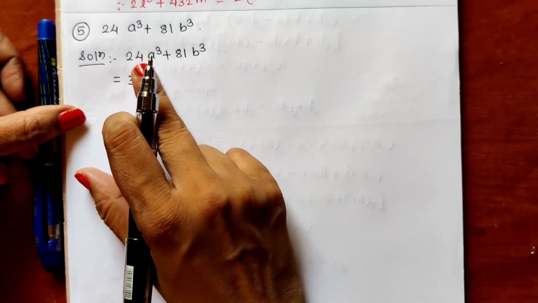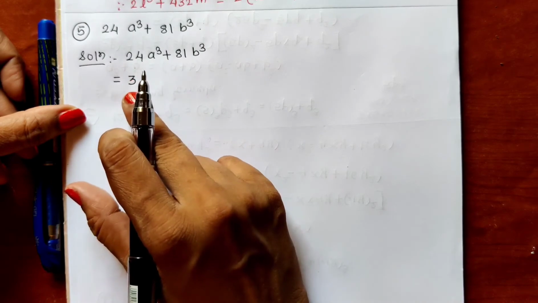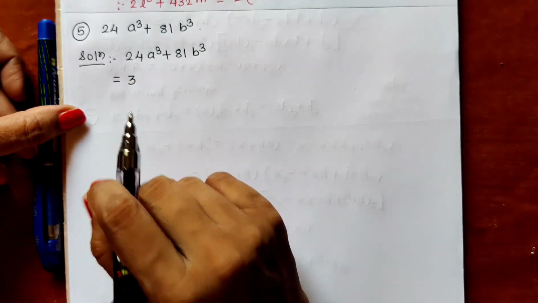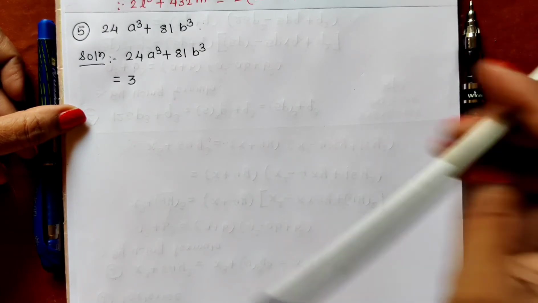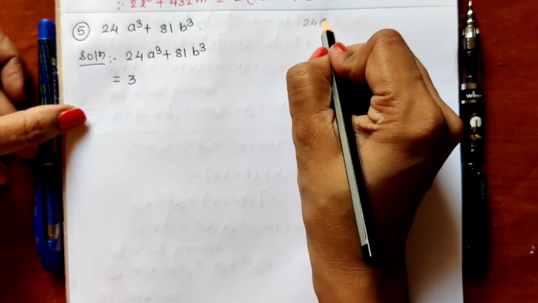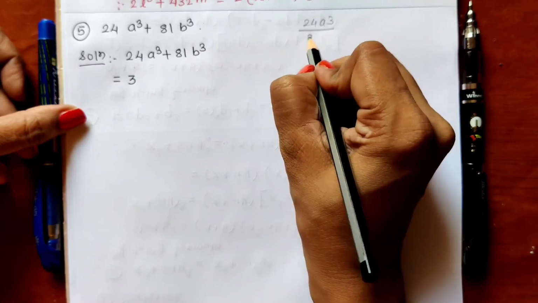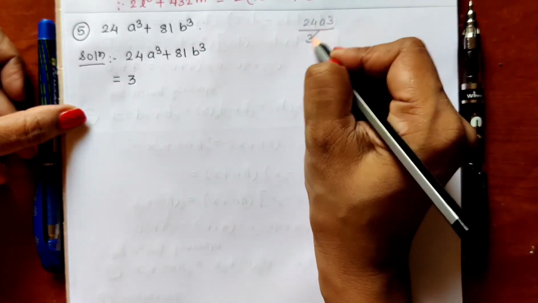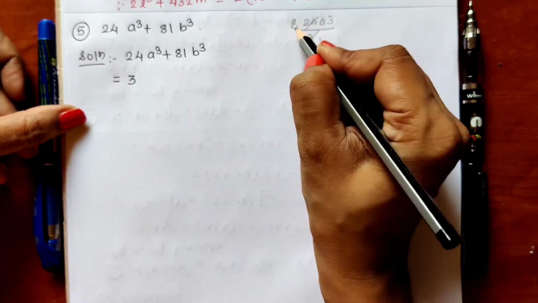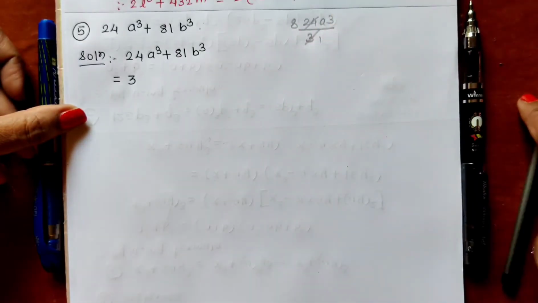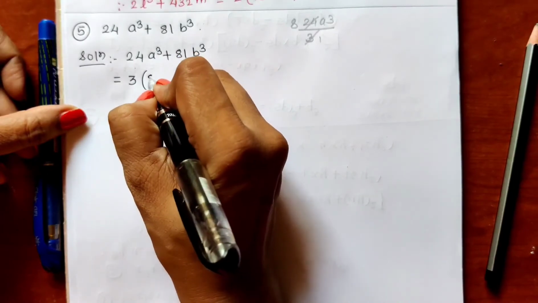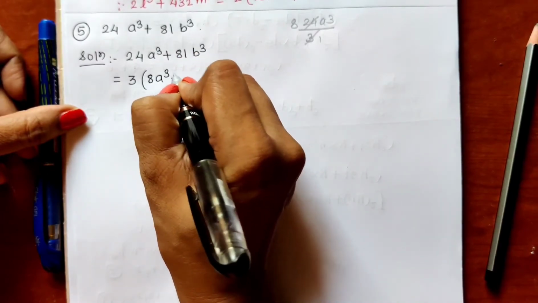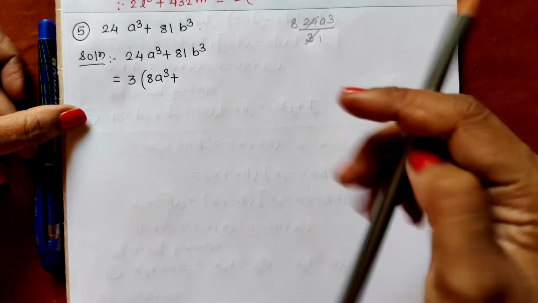So 24 is also divisible by 3 and 81 is also divisible by 3. So let us divide 24a cube by 3. 3 ones are 3, 3 8s are 24. So we are getting 8a cube. So that 8a cube we will be writing inside the bracket. 8a cube plus 81b cube